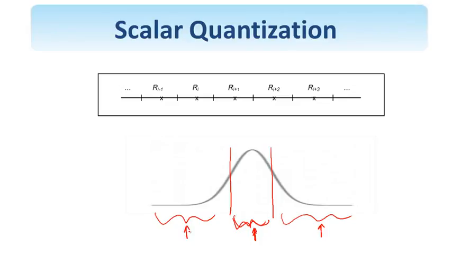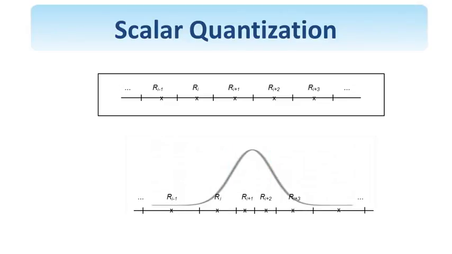Now, how can we have a small quantization error? We can do that by using a smaller step size, or in other words, by doing finer quantization here in the middle, where most of the values are concentrated, and doing coarser quantization, larger step sizes, in the regions out here. Our intuition is actually correct,